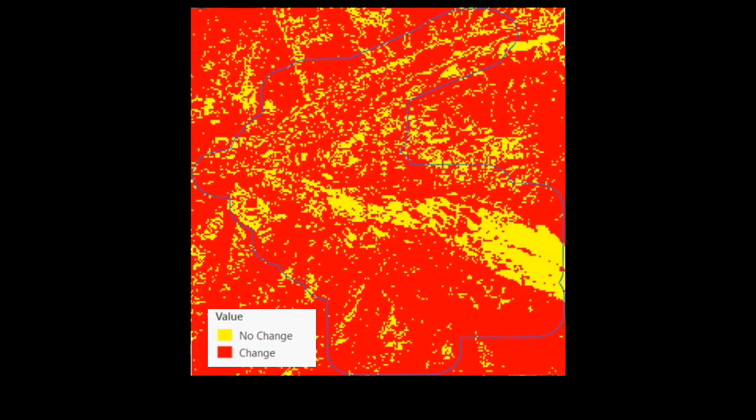When we do a binary classification of the entire area, we can see significant change across Eagle. The yellow represents no change. The red represents change. For most of the slide, we have seen more growth of vegetation in the hills, valleys, and mountains around Eagle, which represents more fuel load risk for our wildfire model.